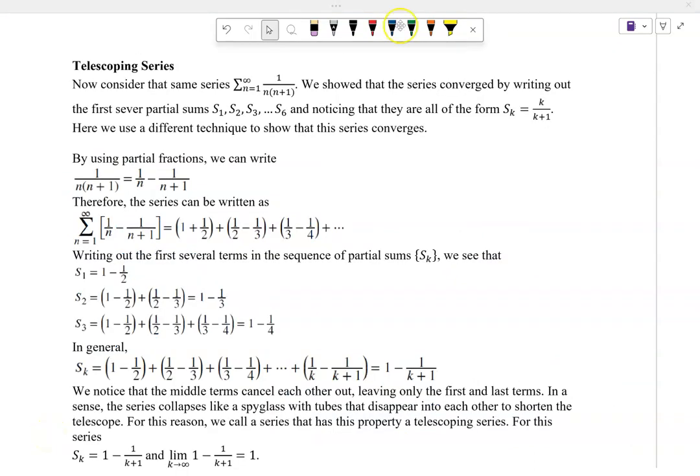All right, let's talk a little bit about telescoping series. If you consider that same series, 1 over n times n plus 1, we showed it by writing it out and then noticing that its formula was k over k plus 1. There's another way. This is also referred to as a telescoping series. And you would only see that if you do it with partial fractions. So if we were doing this with partial fractions,